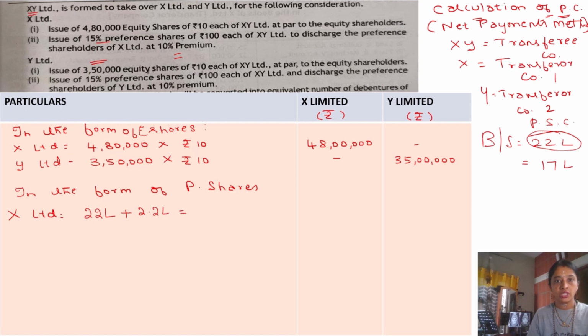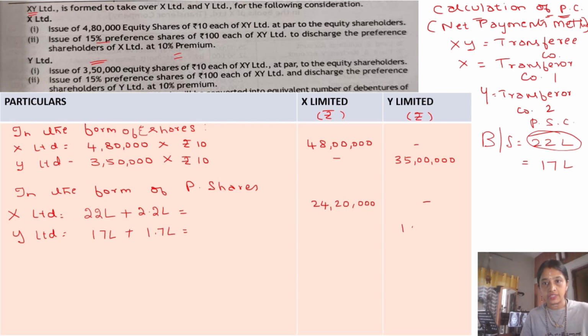So if you total, it will come up to 24 lakhs 20,000 to X Limited. Similarly, we will be doing for Y Limited. If you look at the balance sheet of Y Limited, their preference share capital is 17 lakhs plus premium of 10%, 1.7 lakhs. So if you total up, you get 18 lakhs